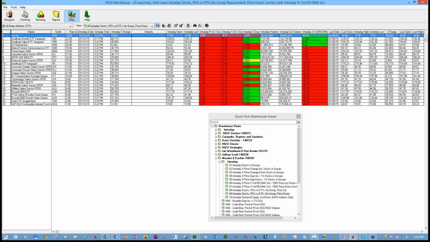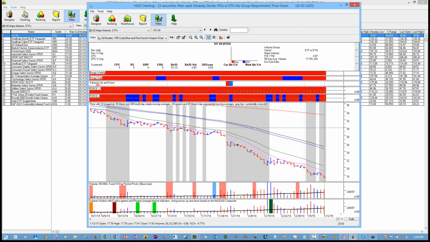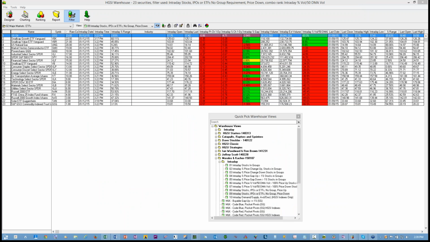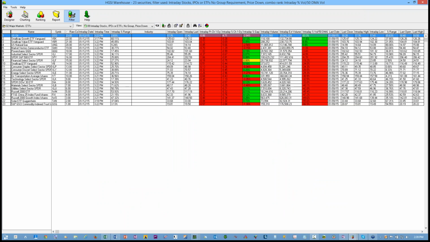So it works very well for, talk about a code red. I mean, this is unbelievable. We're going to see that $40 oil yet. Let's see where we are right now, 45.85. Okay, so that is what you can do intraday with the Morales and Casher